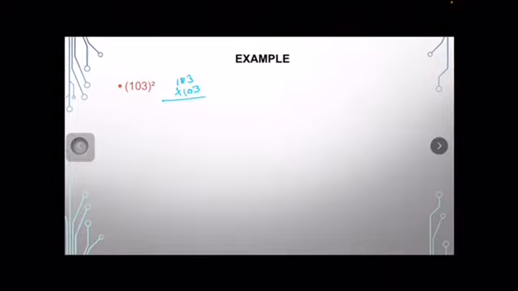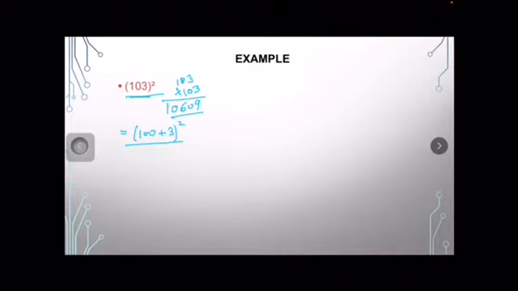If you solve this by simply multiplying 103 by 103, after multiplication you will get 10609, right? You can do it that way, but in another way, how can we solve this? You can write 103 as 100 plus 3, that whole square. Can you write this? Yes, because the value of both is the same.